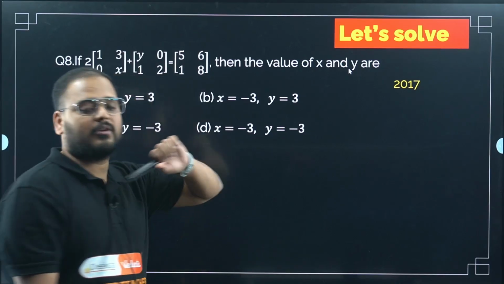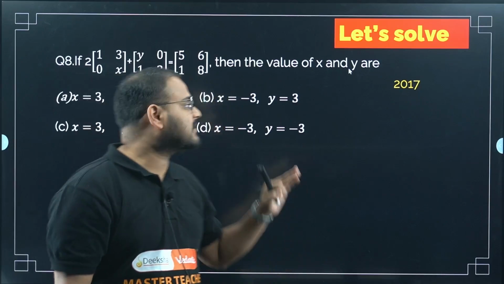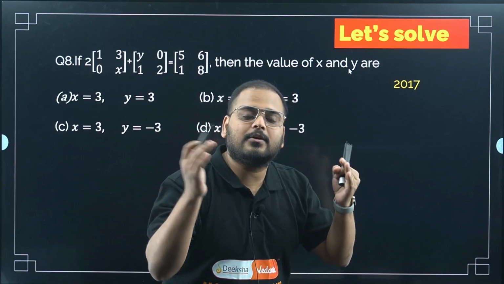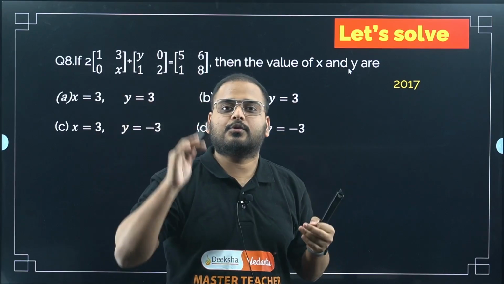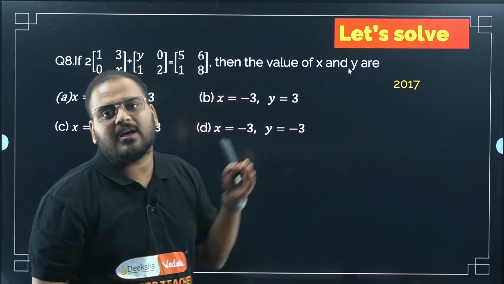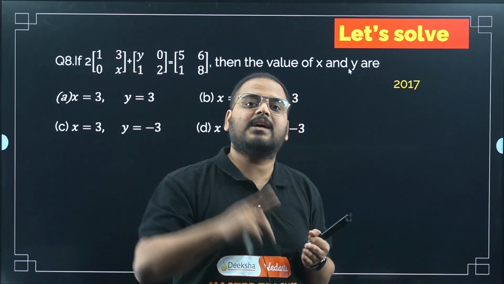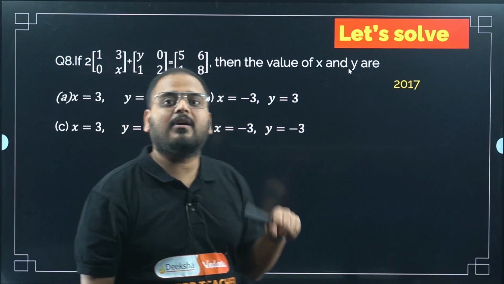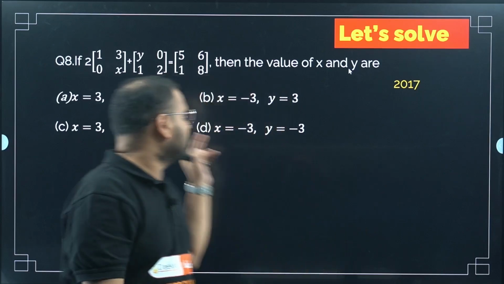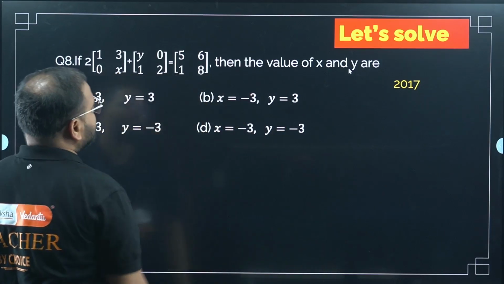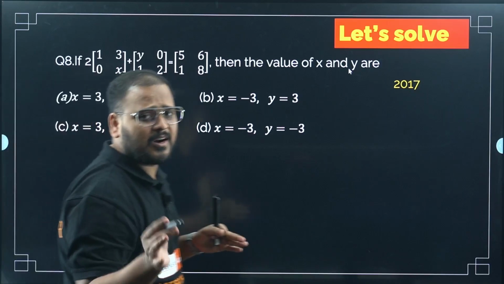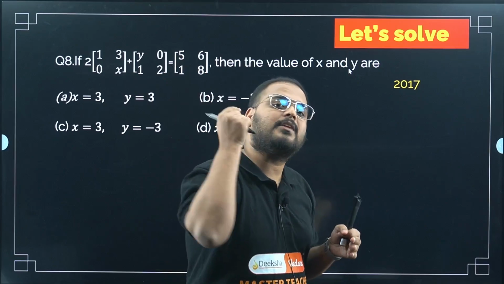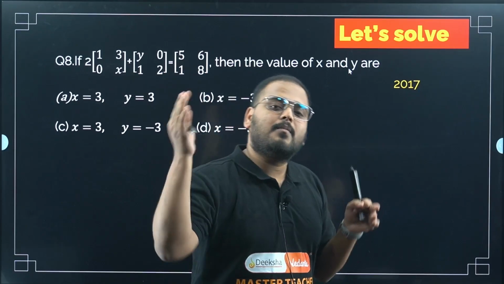Okay, one more thing. I want to clarify one thing. What happens is, these are all P by Q questions. P by Q means they expect that all the concepts are completed. So a question asked in a matrix can have an application of, you saw previously, trigonometry was there. So over here, I can also have an application of consistent and inconsistent forms. That's what is used here. Please check here. Not that difficult, very basic, but still a concept might be included. You cannot expect a question from directly one concept. If you're solving a P by Q, multiple concepts might be there.